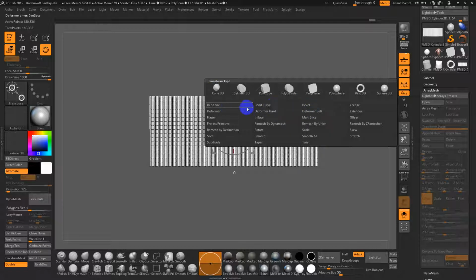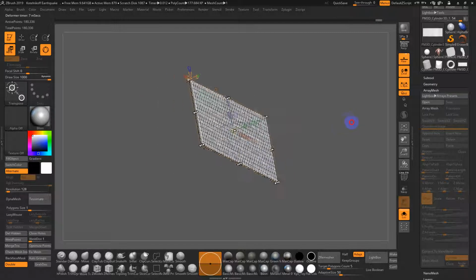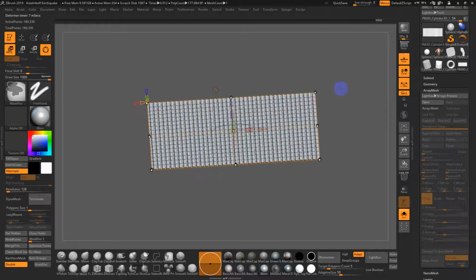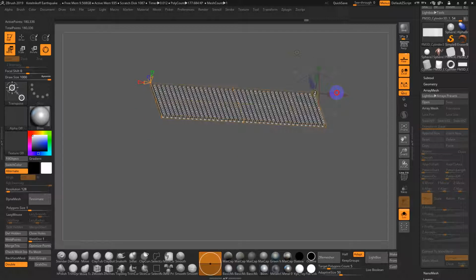So you can do a bend arc, bend curve. I like to use deformer soft. So a lot of these roofs have kind of a curvature and a slope and weird angles. So if you go to deformer, basically it's like a lattice control, and it will soften. That's why it's on soft. So if you hold control, it will remove from the selection. It's a little weird, I find. I don't know why that is. If you control alt, it will pick